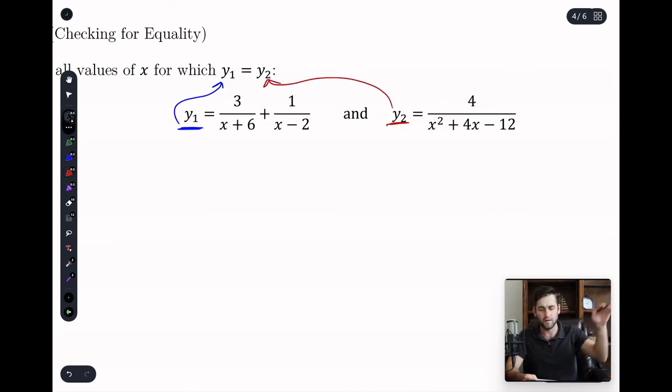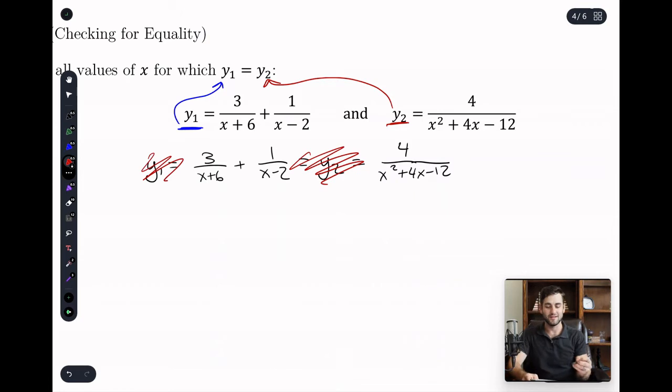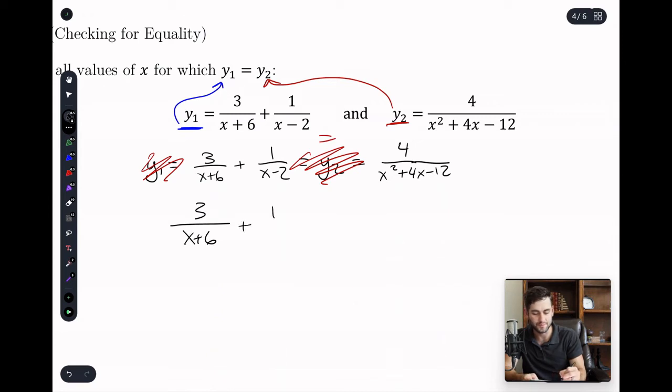So if we're going to write this all out real big, wouldn't it be okay for me to say that y1 equals all that crap equals y2, because of what we have at the top, y1 equals y2, equals all this mess on the right. And now if I just ignore the y1 and y2, because these are all equal to each other, guess what I'm left with? The equation I can use. I can just say those two long things equal each other because they're set equal to each other. And then we're just going to solve it, just like we've been solving all these other problems.